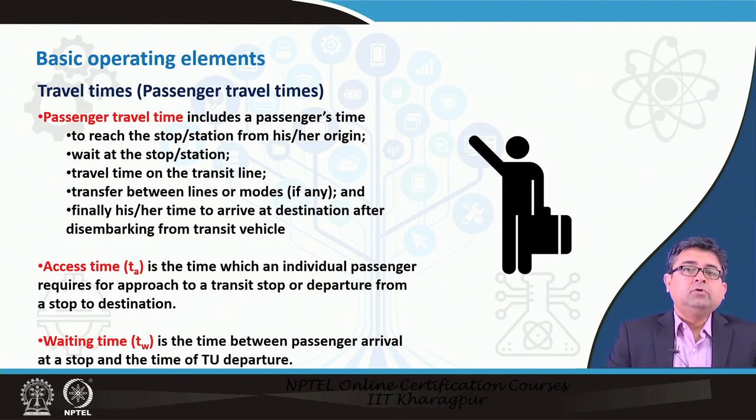So, usually we want to minimize these waiting times, and passengers also look at minimizing these waiting times. When we looked at the headways in the previous class, we said that if the headways are greater than 6 minutes, we usually want to have clock headways which are divisible by 60. If the passenger knows that the next bus arrives 10 minutes past the hour, he or she calculates the time it needs to travel from the origin to the bus stop, and then optimizes that so that he or she has to wait there for the least amount of time.